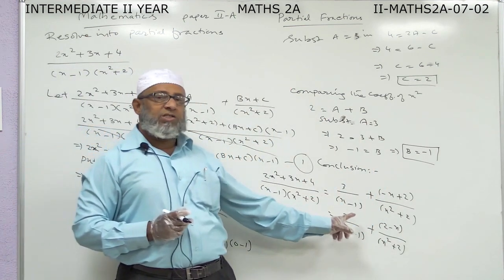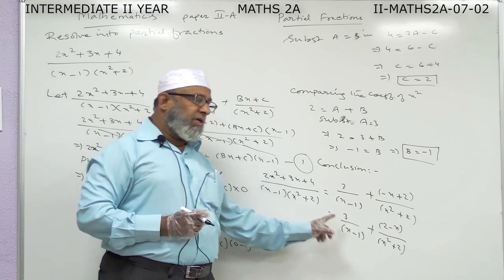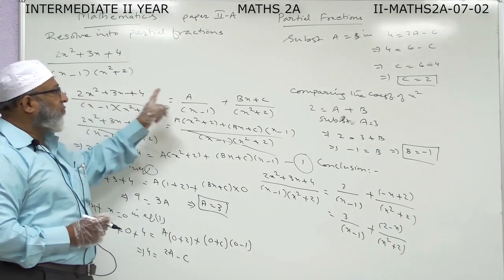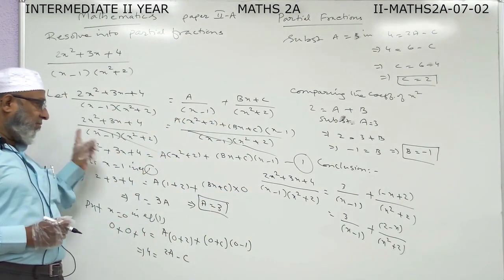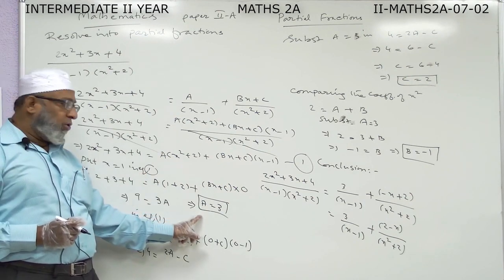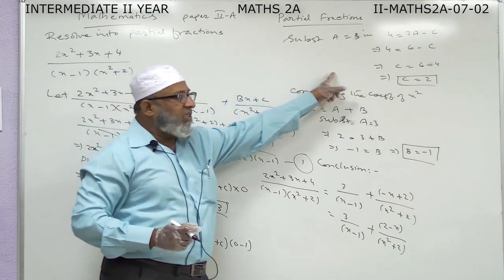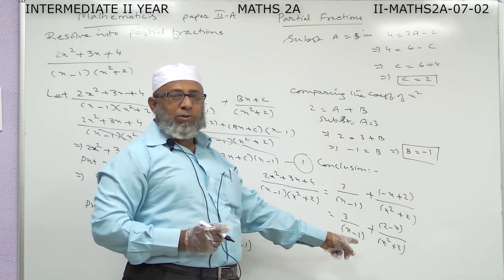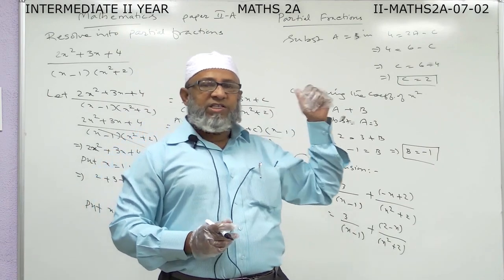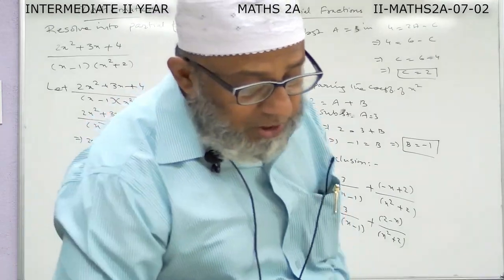You have to write the last step compulsory. If you write this last step, you may get 1 mark for this. If you write the first step for this, 1 mark. So this will become 2 marks. On calculating the value of A, you may get 1 mark. Then on calculating the value of C and B, you may get 1 mark. So overall, this is a 4 mark question. This is called the scheme of valuation marks. Is it clear?